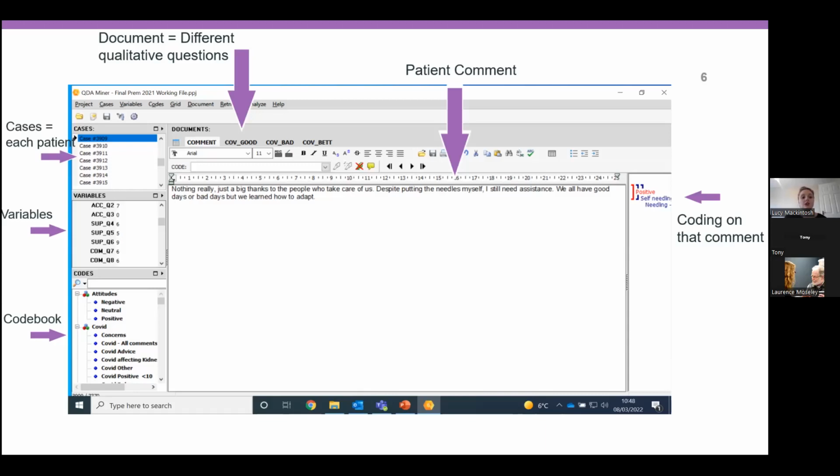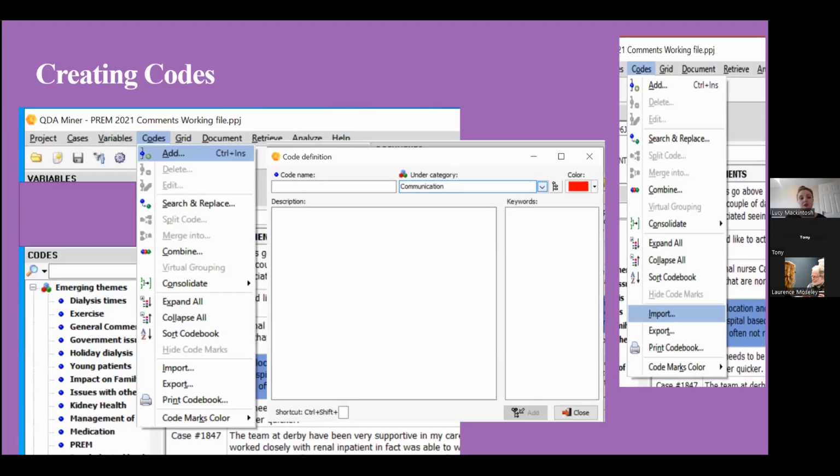And then on the bottom left, you have the code book. And on the right, you can see the codes relating to that comment. As you code, you can select certain parts of the comment to code specifically, or you can code the whole thing, and you can drag and drop from the code book, or you can select and double click. So in terms of functionality, quite easy to get around, and everything you need is in that one space, in that one view.